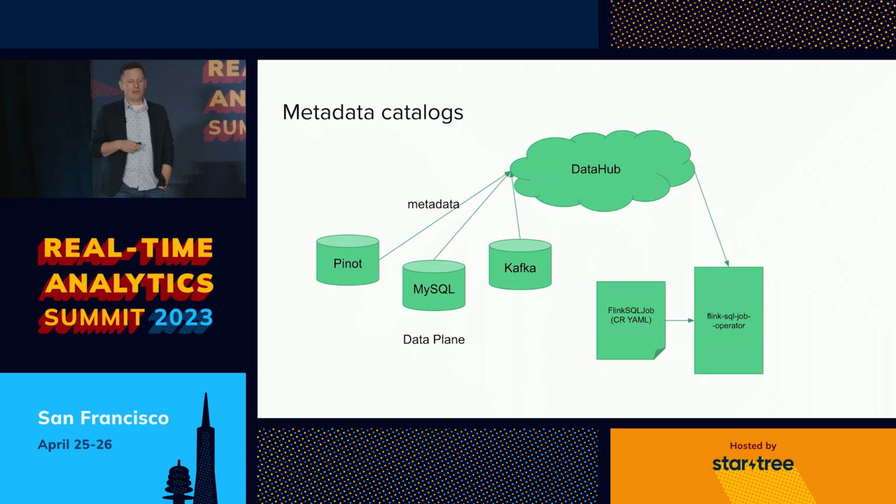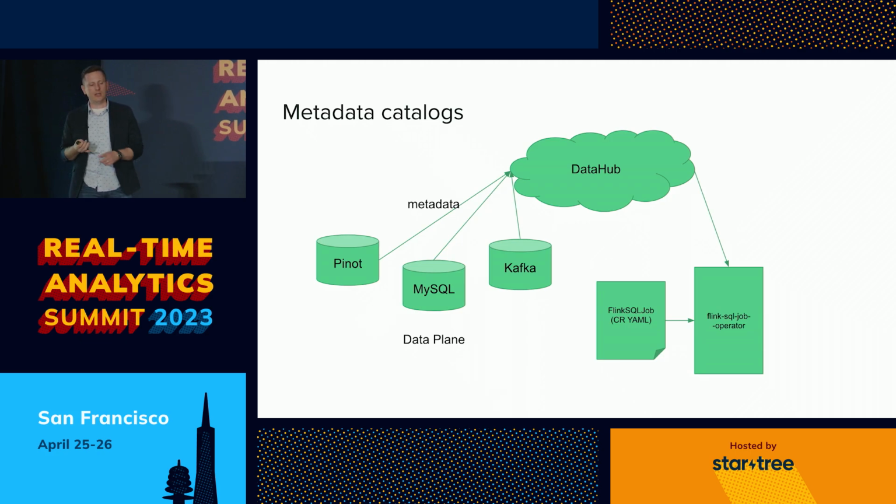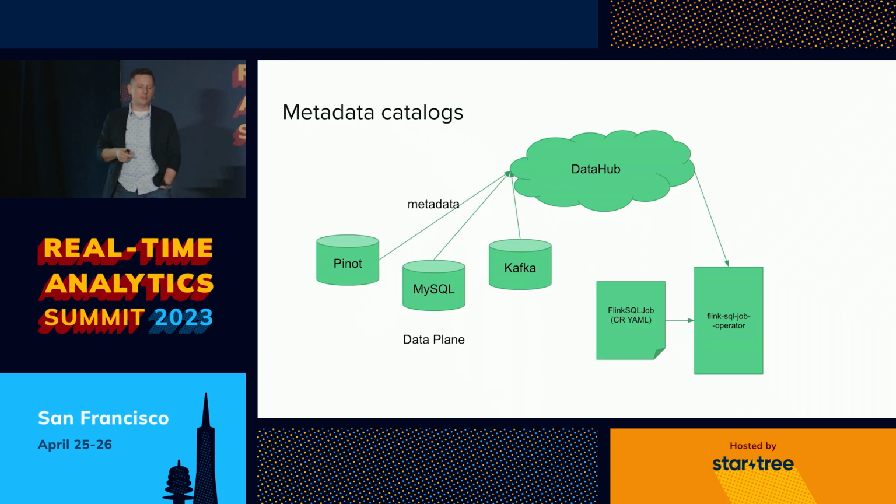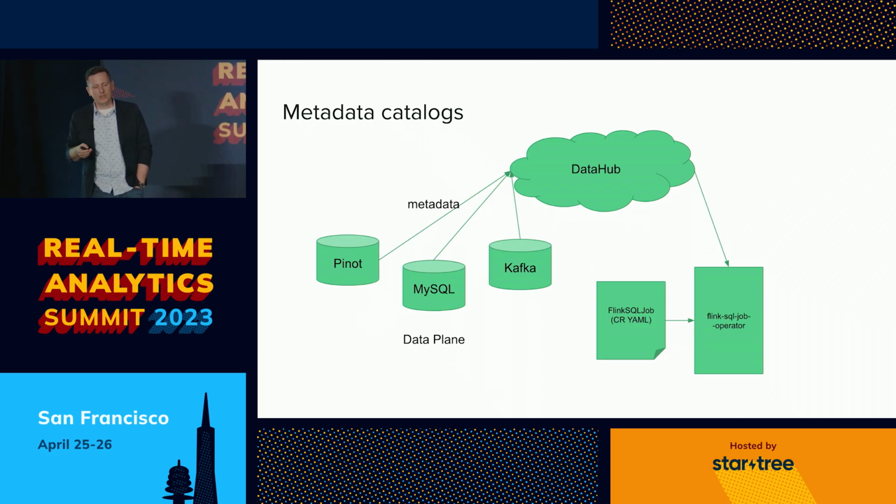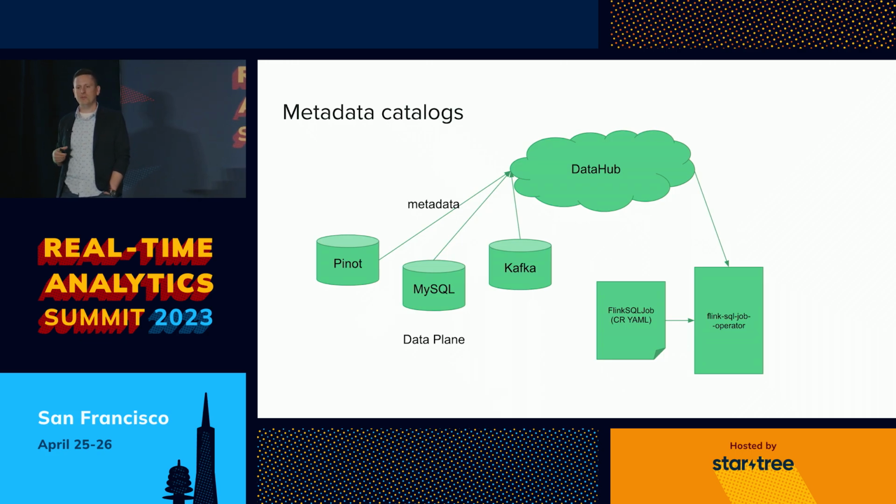An alternative that I would recommend is to use a centralized metadata catalog, something like DataHub. And the idea here is that you can have multiple data plane systems or databases like Kafka and MySQL, Pinot, and they can integrate with DataHub and register the schemas that they use, register the tables that they use. In DataHub parlance, it's called datasets. And the idea is if you're using DataHub already, your Flink SQL job operator that you might be writing can just talk to DataHub to figure out what tables there are, what schemas there are, instead of talking directly to Kafka and MySQL and Pinot to do all these queries, because that could get complicated, right?